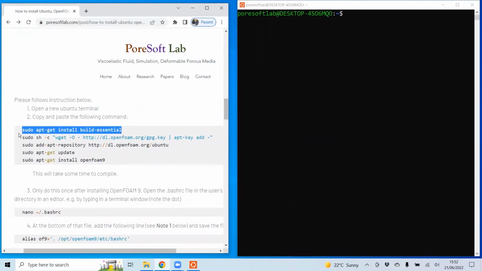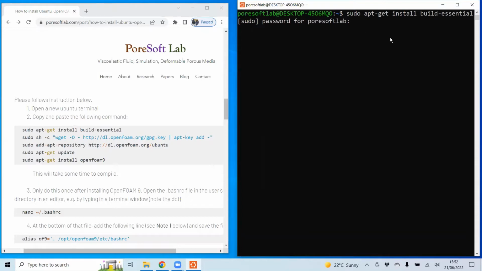To do copy paste, select the command, use Control C to copy it from this block, and go to the terminal. On the terminal, put your cursor and then right click on your mouse. It will paste the copied content, and then press enter.